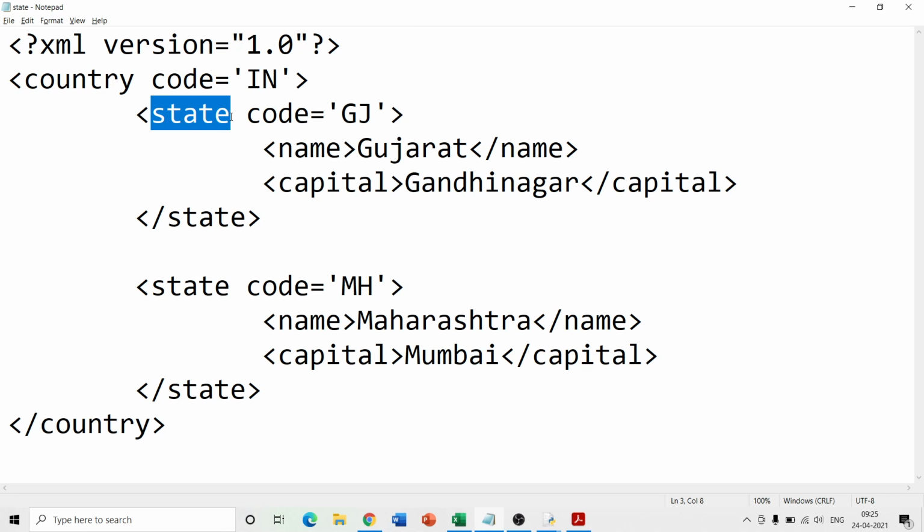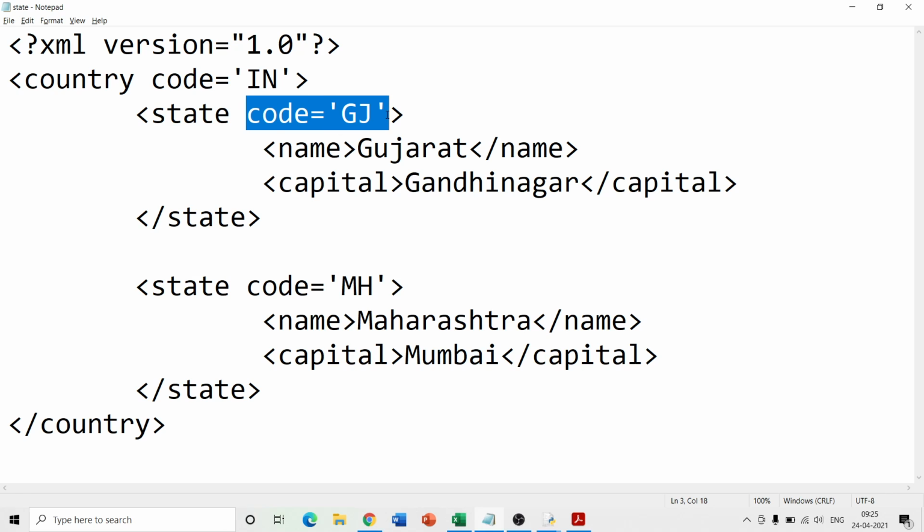So the child.tag is state and the child.attrib is this. Why are we understanding this? Because we want to scrape the data from the website. When we want to scrape the data from the website, we should have a clear understanding of the underlying code and how to get data from the underlying code. We should have a clear understanding of both of these, and that is why we are trying to do this. Okay, fine.